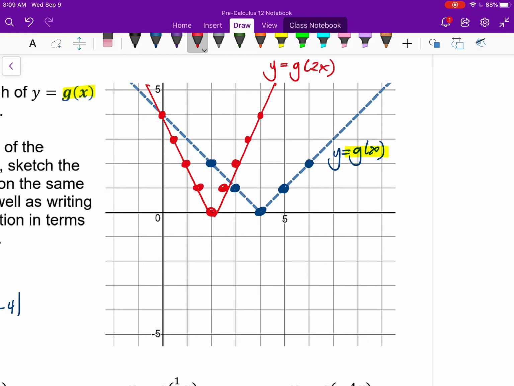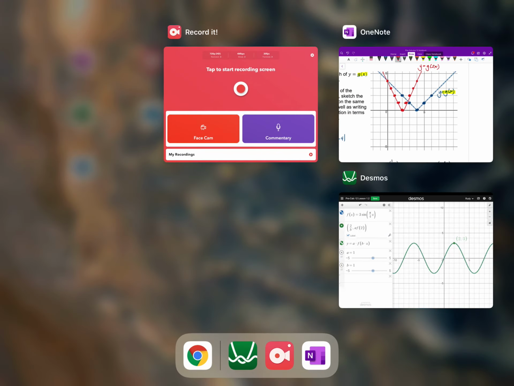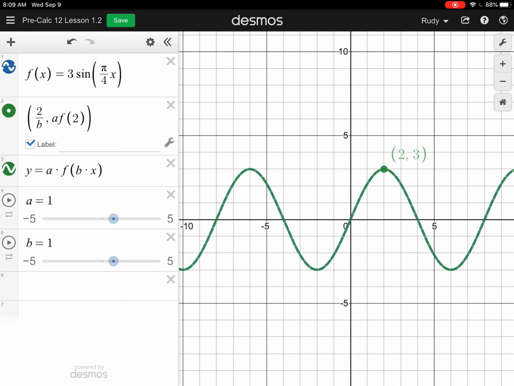And you never really saw this with quadratics, so I wouldn't be surprised if you thought it would be the other way around, if you thought the x-coordinates would double instead of halve. And so if I just switch back to Desmos for a second, this time I want to focus on the b value. So right now b is 1, and notice if you look at the equation for what is in green, it's